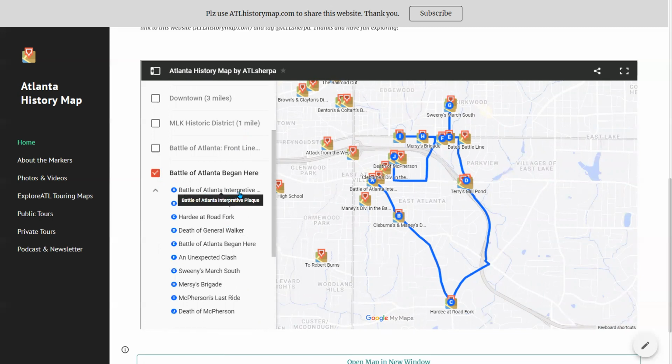There's an interpretive sign right there in the heart of East Atlanta Village, which is where Flat Shoals is, literally where it crosses Glenwood Avenue and Flat Shoals, in front of Joe's Coffee Shop, if you know where that is. There is a historical marker there that talks about the Battle of Atlanta. And the reason that marker is there is because that is ground zero for where the Battle of Atlanta began, right? So what this tour does, starts there, and then it takes you to a series of markers all the